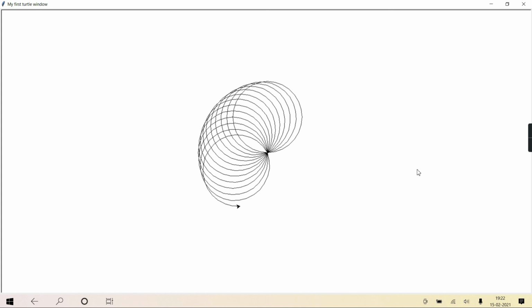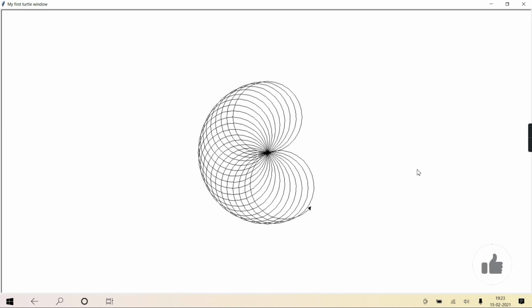Every time after completing one turn, it is changing its face 10 degree left, but in whichever direction it was facing, in that direction only 10 degree left. It is a little bit of imagination, you should imagine yourself.